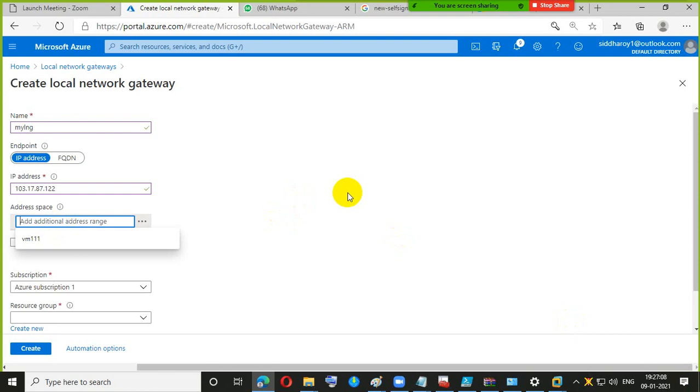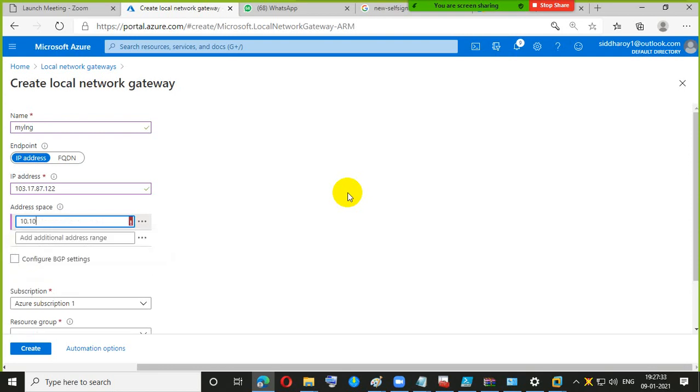So I'll put 10.10.0.0/24. No option needs to be selected for BGP and all, just leave it blank.